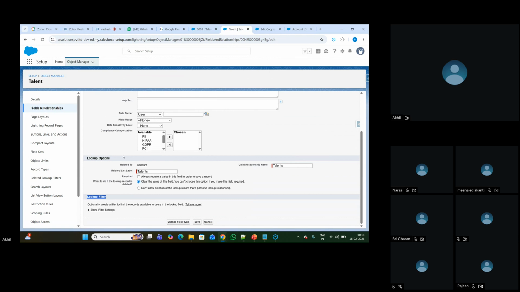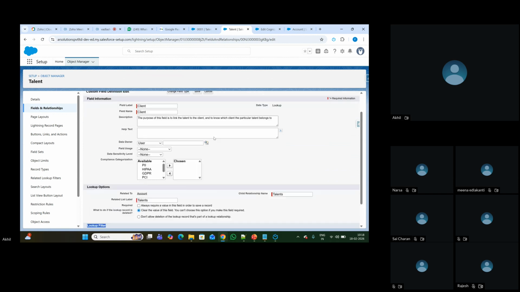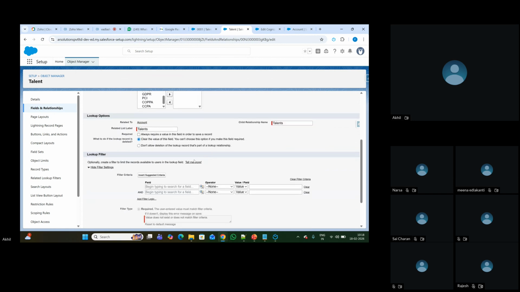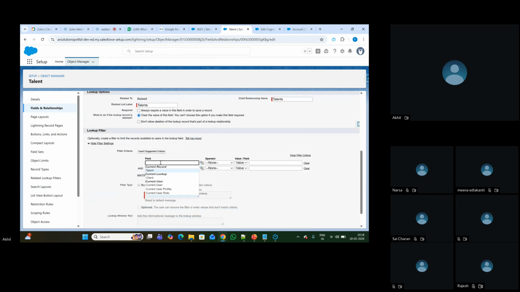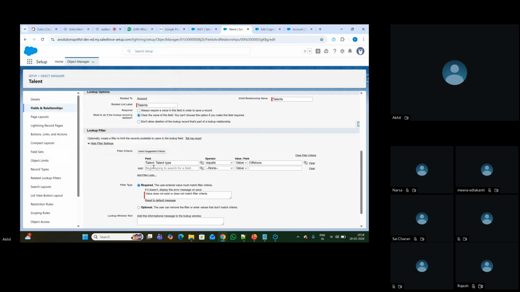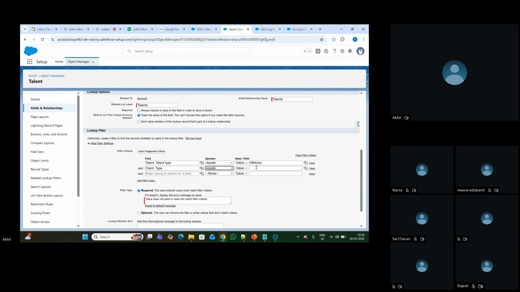So for that I'll go to the client field on the talent object, that is a lookup relation to the account object. Add lookup filters here. I'll add some filters saying, if the talent dot type is equal to offshore, then client dot type equals to